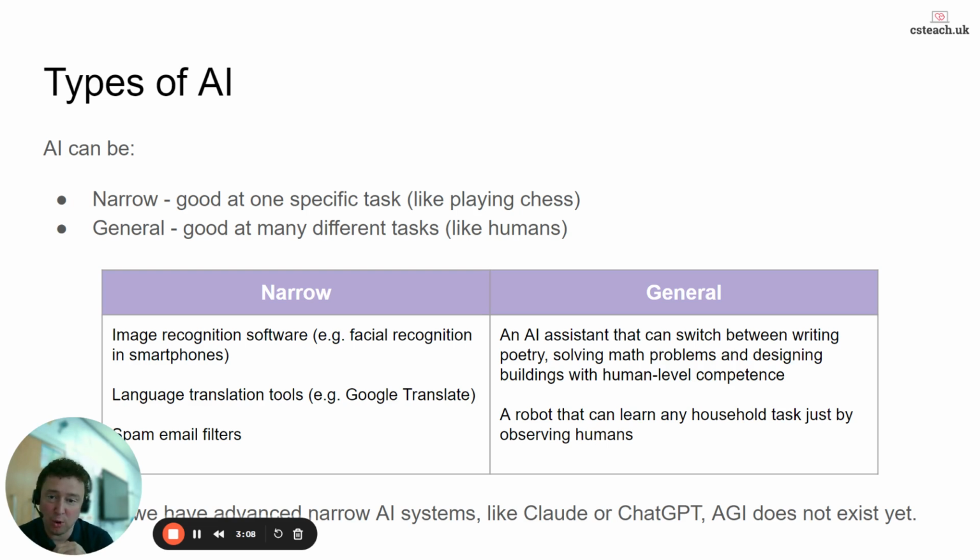Another form of narrow AI is email spam filters. So these are running in the background of your Gmail or your Outlook or whatever you've got. And what they do is they look for specific heuristics or sort of rules of thumb. So if something is obviously a spam message, that message is marked as spam, and that's training the model. So what is happening is it's going to look at the subject, it's going to look at where it's come from geographically, it's going to look at the content of the email message, and it's going to learn, well,